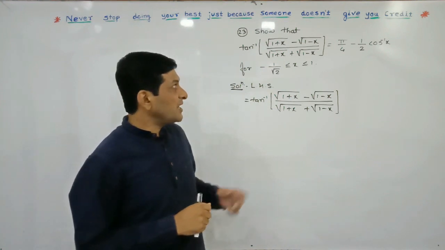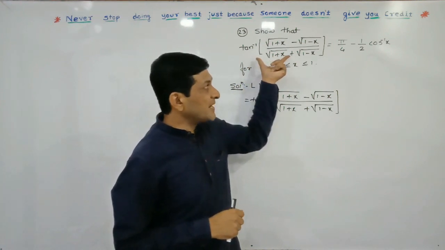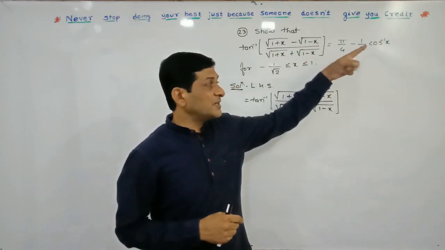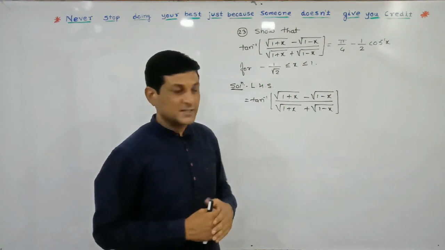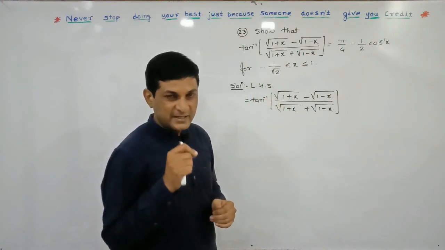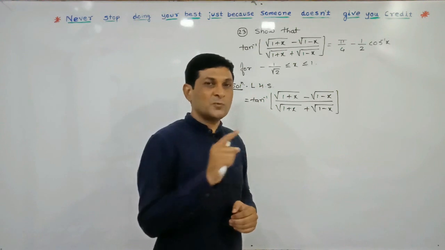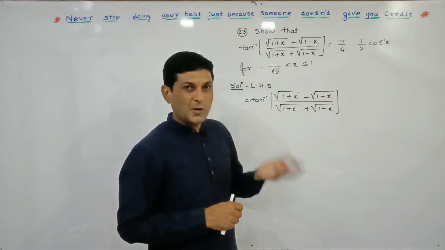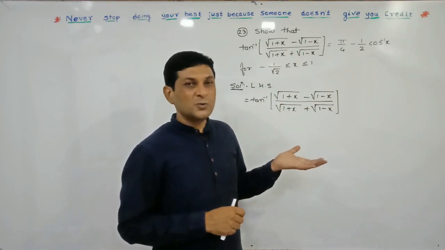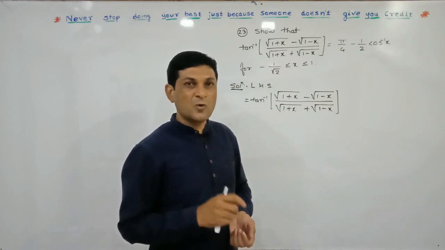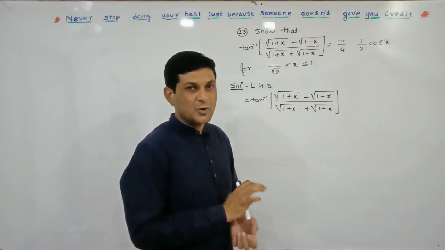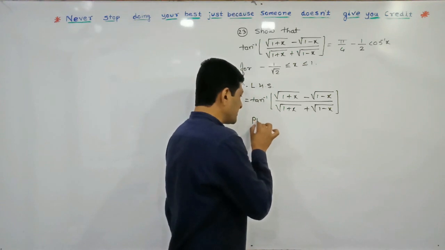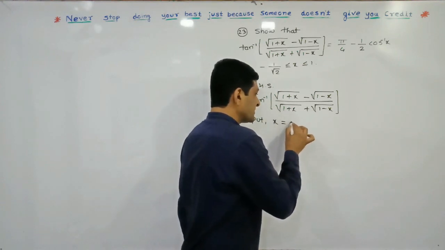In this example, we are trying to show that the value of left hand side is equal to right hand side. If you observe the right hand side, the required result is in terms of cos inverse of x. So let us consider our left hand side. Since the required result is in terms of cos inverse of x, I am substituting x equal to cos theta. If we substitute x equal to cos theta, applying the half angle formula, we are able to simplify it also. So here put x equal to